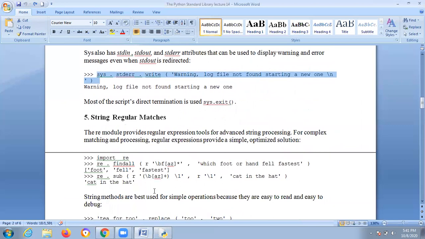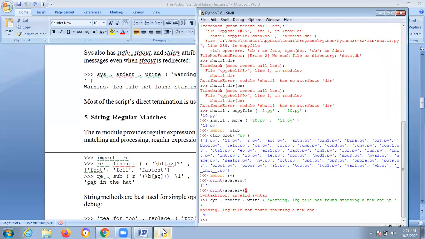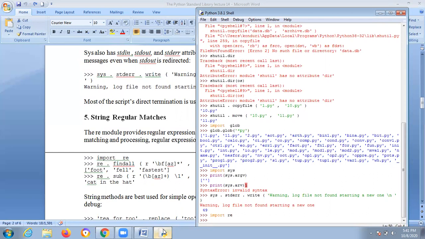Next one is string pattern matching. What is re? Regular expression, you will pronounce it as re only. So re dot findall, f star, single quotes, comma.